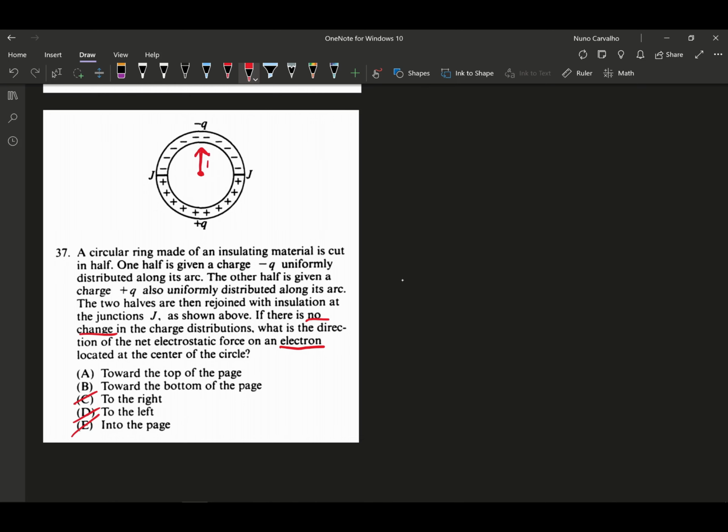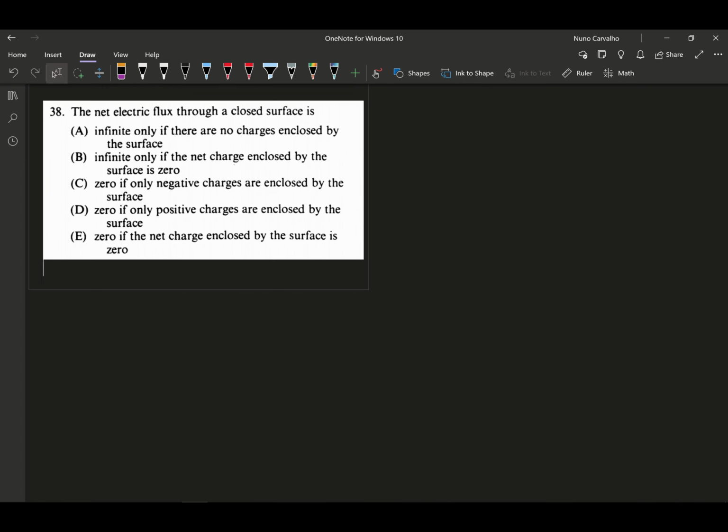So if that's the electric field, well then the electron will be feeling a force that's opposite in direction of that, so it must be in that direction. So the answer here is towards the bottom of the page. It's B. Number 38, we're asked about the net electric flux through a closed surface, and we're given a bunch